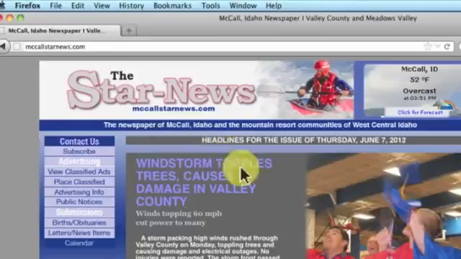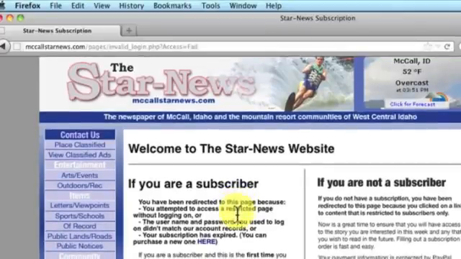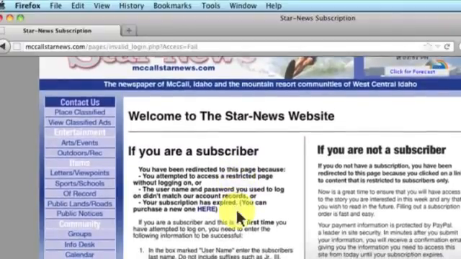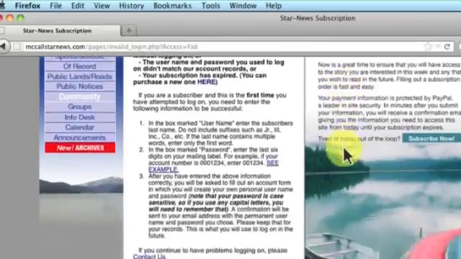You can get the headlines for the current issue, but when you click on them, it's going to ask you to subscribe. Now, a lot of newspapers are requiring people to pay subscriptions, as they used to do for paper. And if you live in McCall and you frequently read this paper, you may want to subscribe digitally. If not, you might be somewhat irritated that you can't read this article, but there are ways to maybe get a